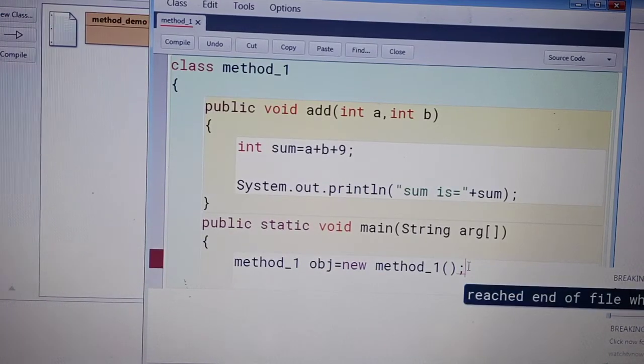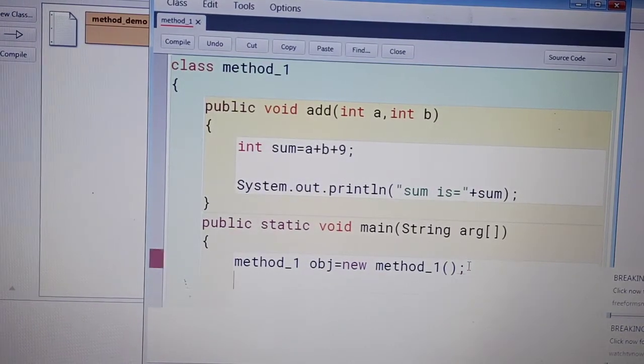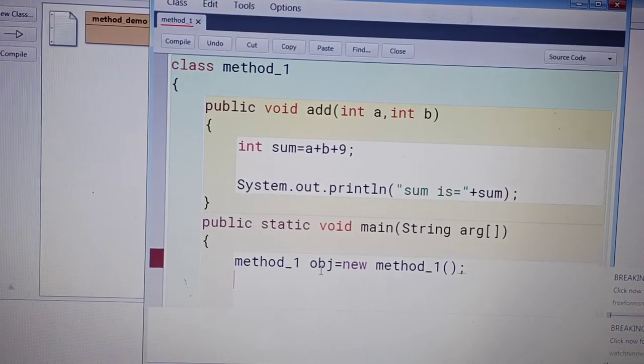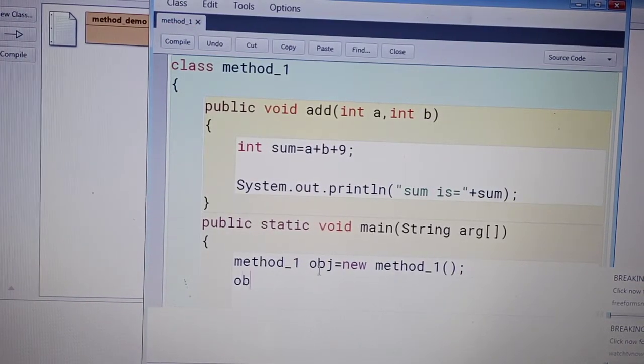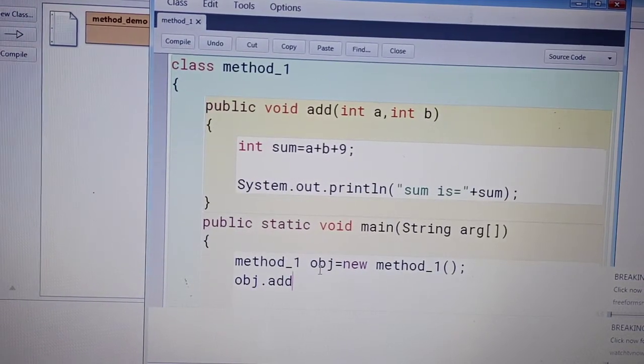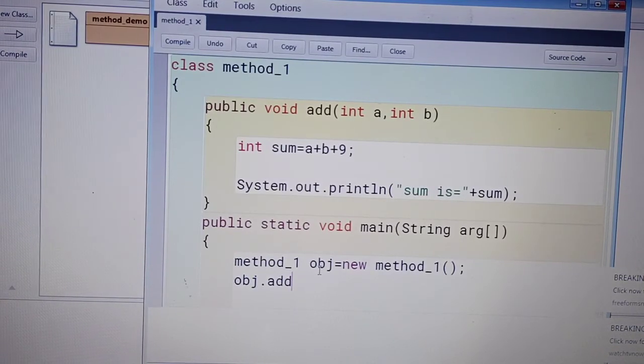After creating the object, now we call this add method with the help of this object. So obj dot, the method name is add. Simply write add, no need to write public or void, only the method name here.